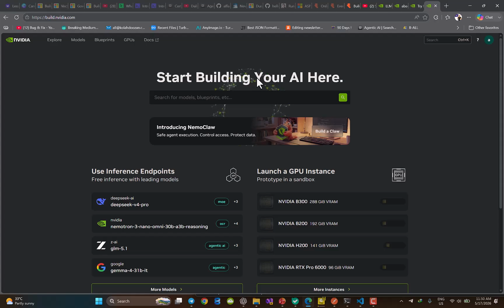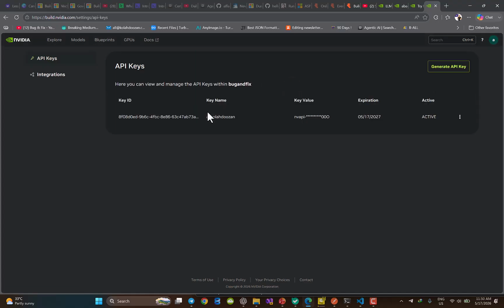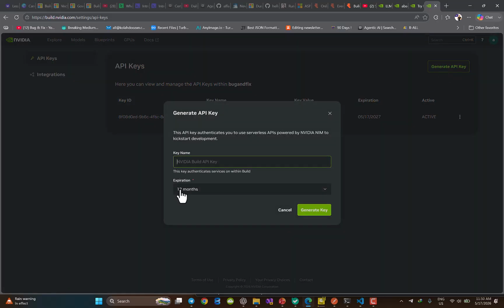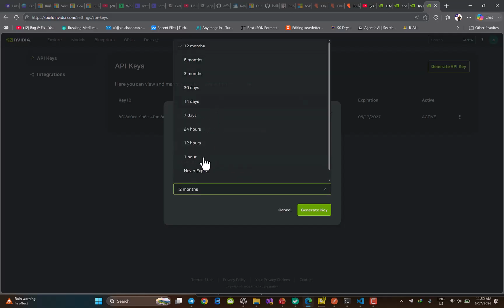First of all, in the NVIDIA website, create an account. Like me, you should create an account, and then you need to generate an API key like this. I have done one already. If you want to create more or create the first one, do it. It needs a key name, expire time, and then just